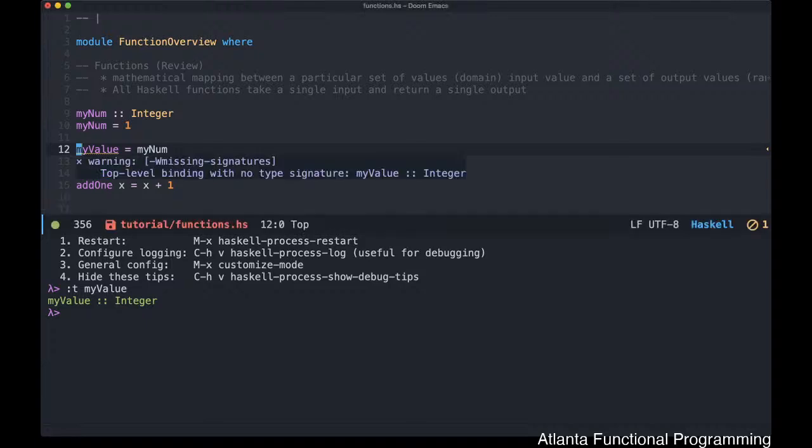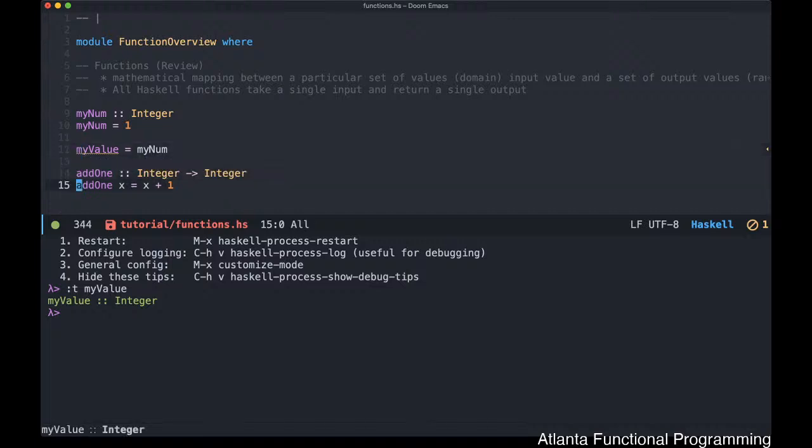If we look at the add1 example and do a type of add1, we'll also see that it just takes in the integer signature, the type signature that we provided for the function that we've declared inside the load file. It doesn't stop just from here, right? Let's say that we continue with this